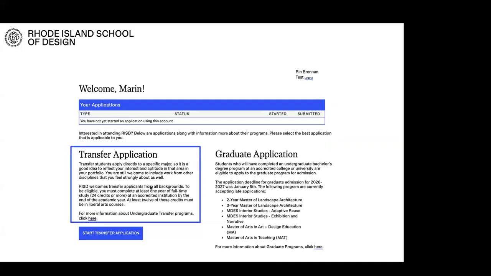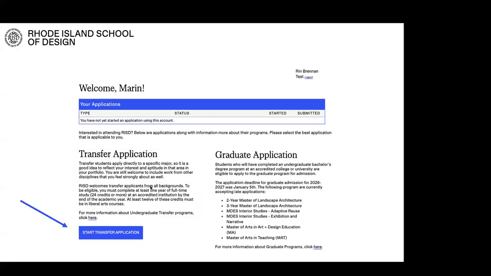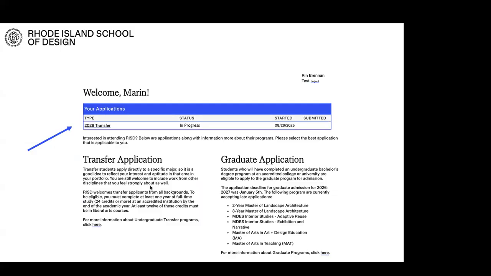It should be pretty straightforward. All the usual suspects here in terms of email address and name as well. So you'll then navigate to a page that tells you what it looks like to apply as a transfer student. You'll press Start Transfer Application, and once you start an application, you can always return to your in-progress application from